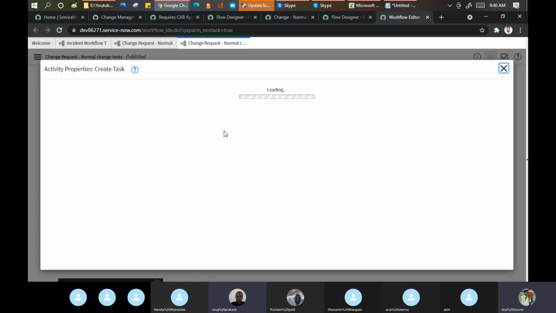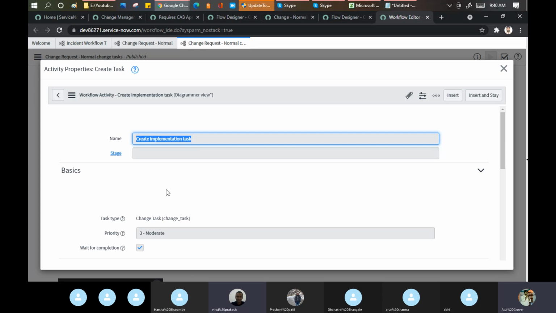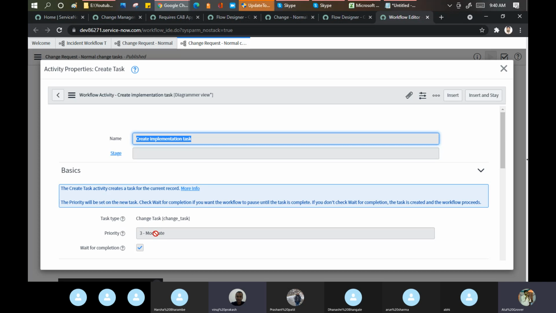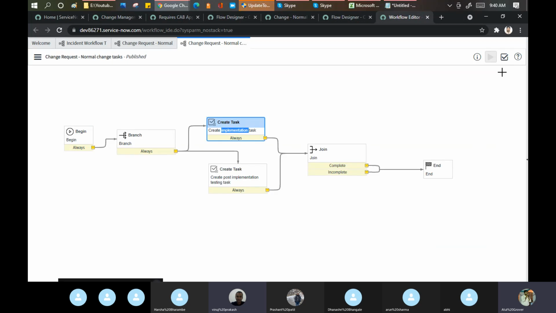Either in the implement state or priority 3 moderate. Yes, that is fine, my dear friend, but when will this be created? Okay, implementation. No. I need to check, guys, because there's some property available or something which helps me activate these things.